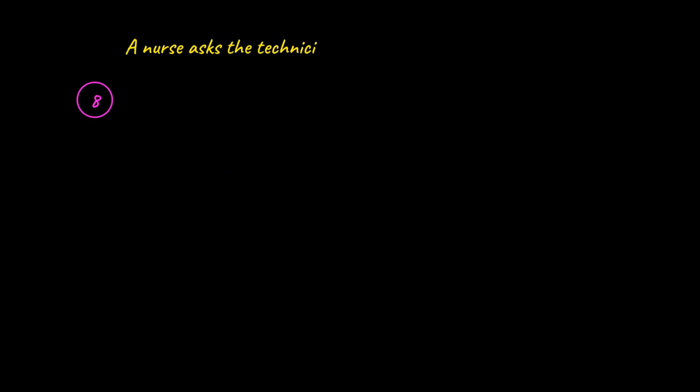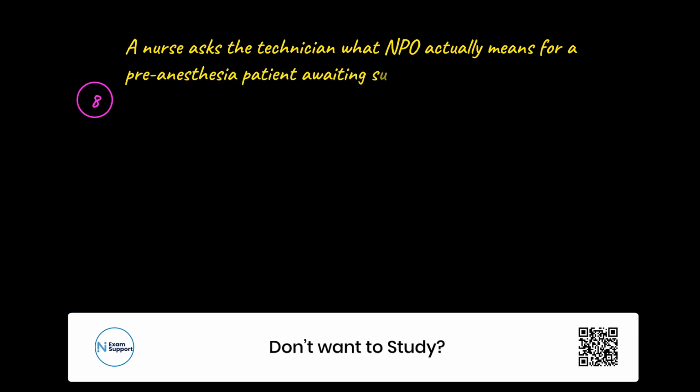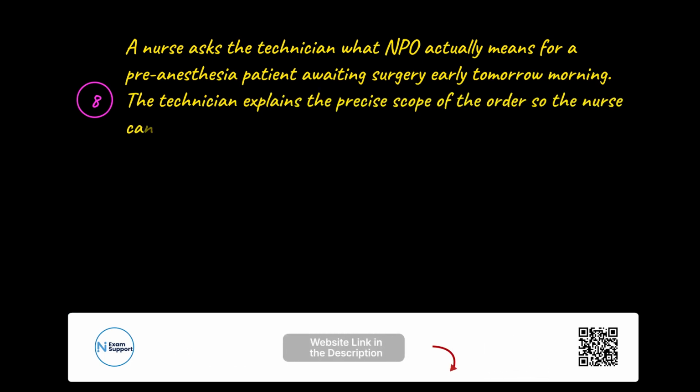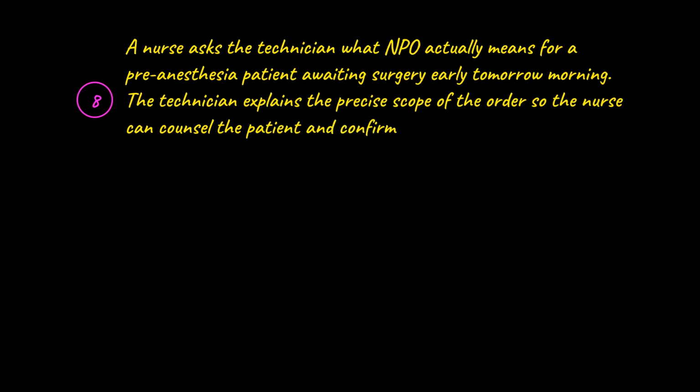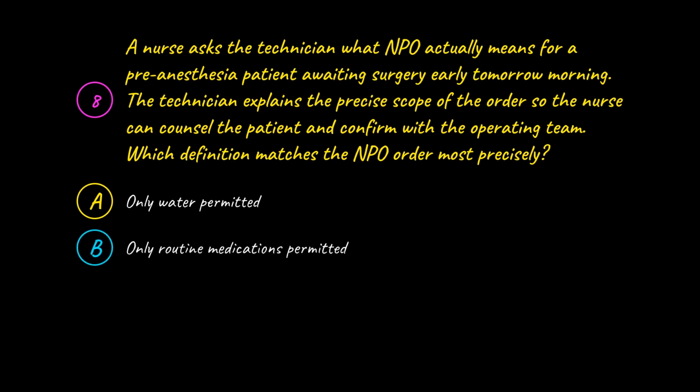Question 8. A nurse asks the technician what NPO actually means for a pre-anesthesia patient awaiting surgery early tomorrow morning. The technician explains the precise scope of the order so the nurse can counsel the patient and confirm with the operating team. Which definition matches the NPO order most precisely? Your options are A, only water permitted, B, only routine medications permitted, C, nothing by mouth including water and meds, D,